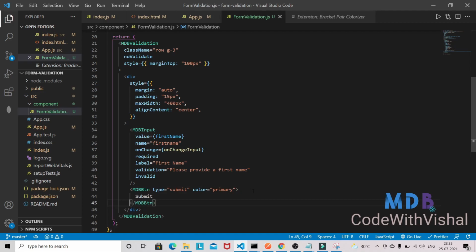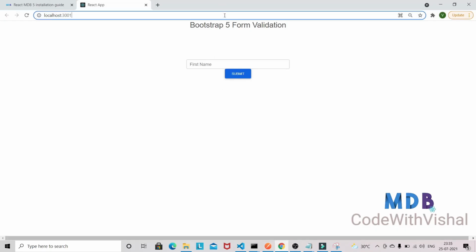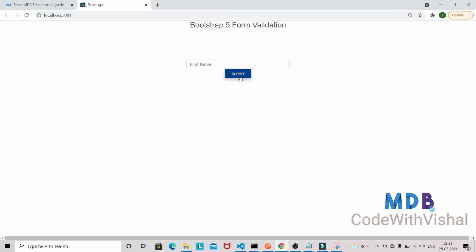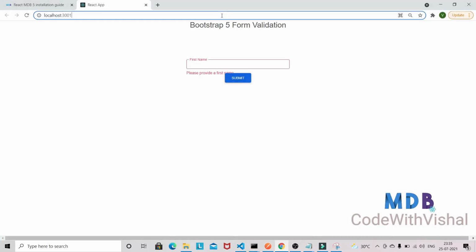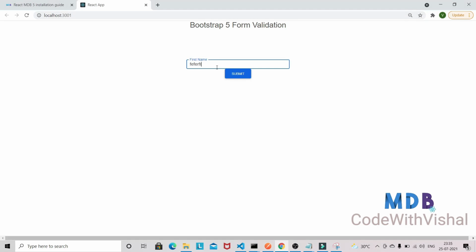Okay, now click on submit, and we got this like please provide a first name, and if you give, okay, it's not working. Let me see on change why it's not working. Okay, so it will be like this. Now refresh it and give. Now we are able to enter something. So now we are able to type in the input field.